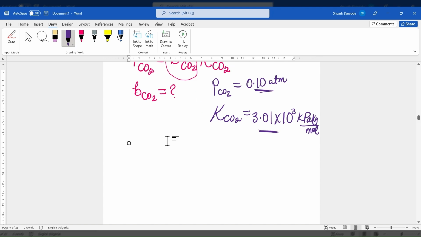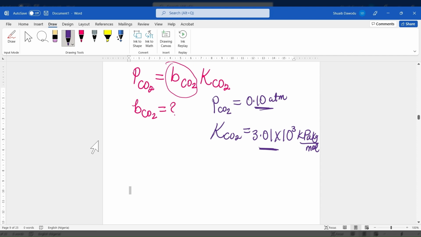Right now, to solve for this question, b sub CO2 is the same thing as P sub CO2 divided by K sub CO2. So you're going to be wondering, let's just substitute. Well, we can't just substitute. Why? Because the units for pressure don't match. We have atmosphere here, we have kilopascal here. So we have to convert from either kilopascal to atmosphere, or convert just atmosphere to kilopascal. So I'm just going to convert